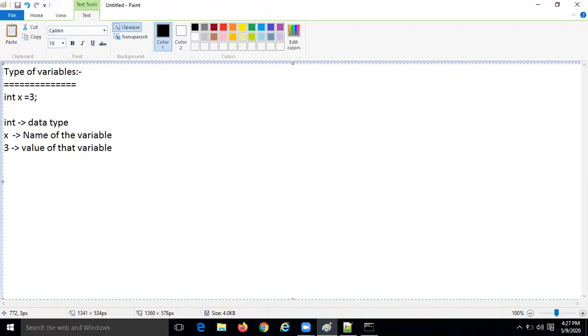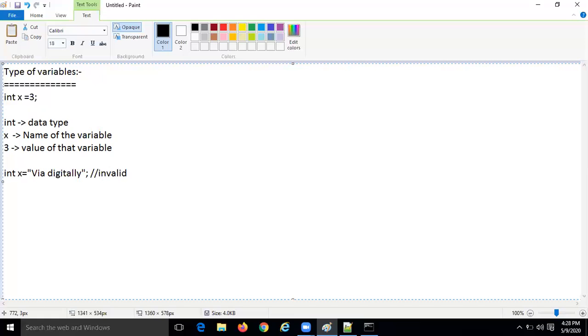For example, the same variable like int x equal to via digitally, if I create it like this, it is invalid, guys. Invalid. That's what I'm saying: based on the type of the value represented by a variable.